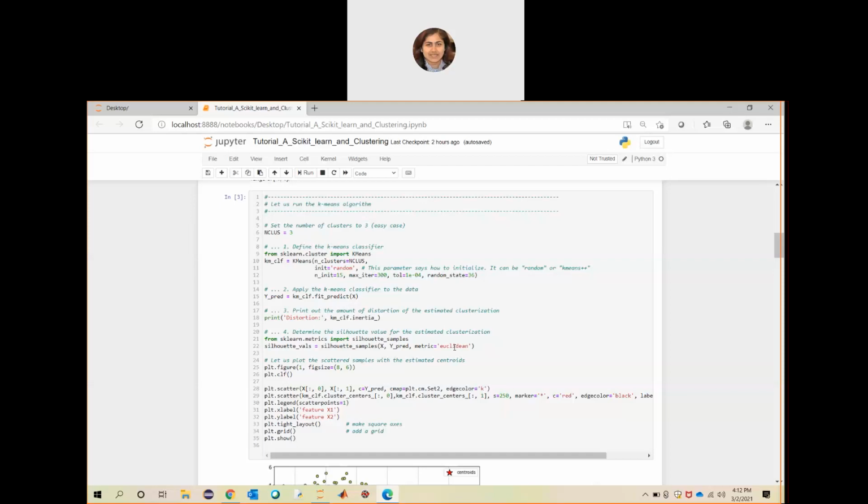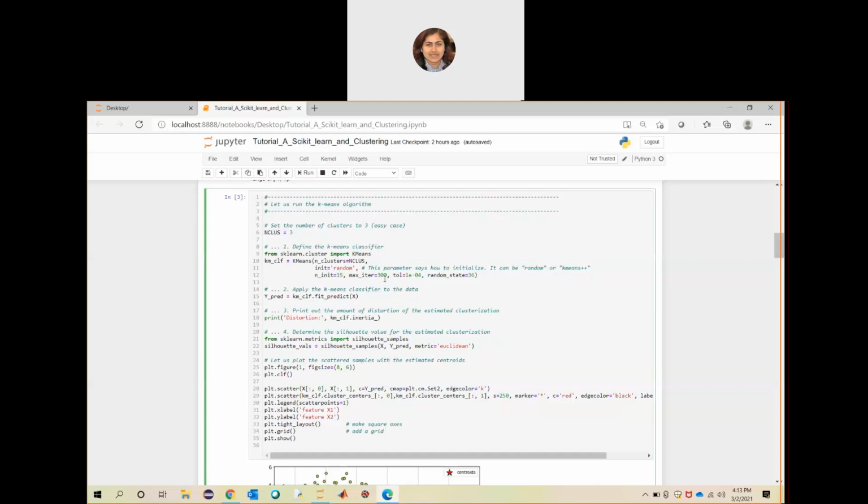Whatever you see here has already been programmed, and how easy it is using just a simple k-means function: you can just call the function and implement the clustering algorithm. So let's see that. Let's now run the k-means algorithm. First, how many clusters do you need? To set that, you are defining this variable n_clusters as 3, the number of clusters.